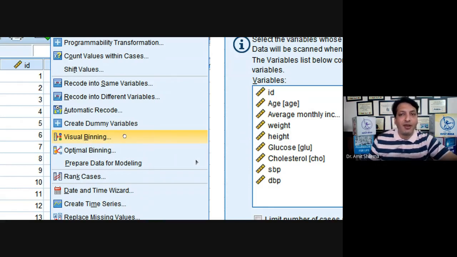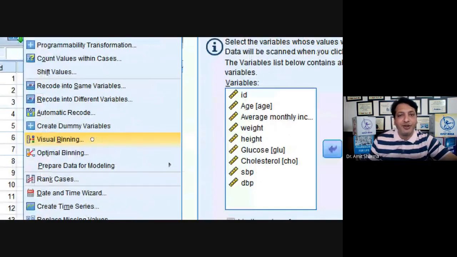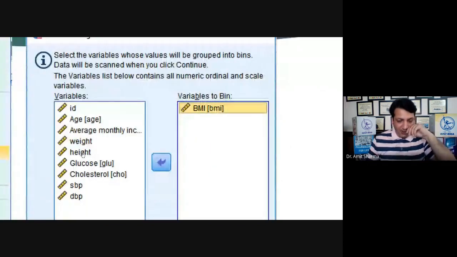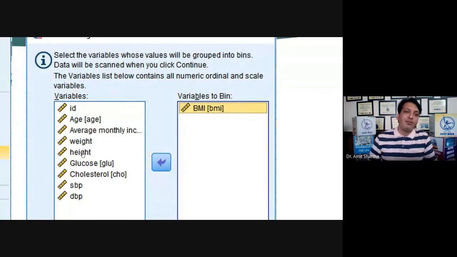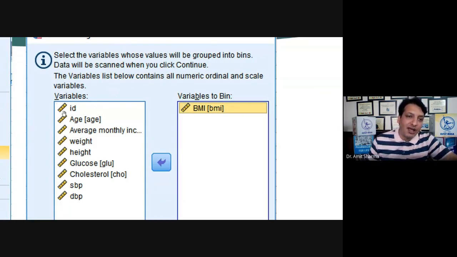If you click on visual binding, you will get this window. On this side you can find all the variables which you have made for your study, and here you will get all the numerical variables. You can see that all the icons here represent scale, meaning these are all the numerical variables I have taken for our study. From here I have already shifted BMI to the variables to bin box.